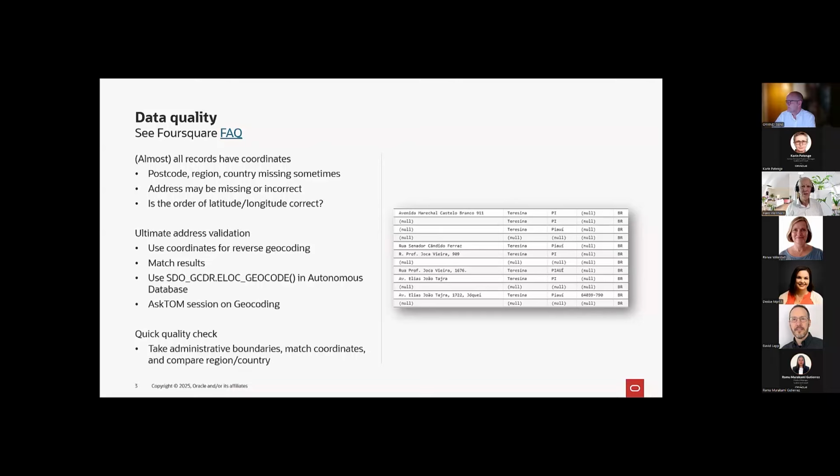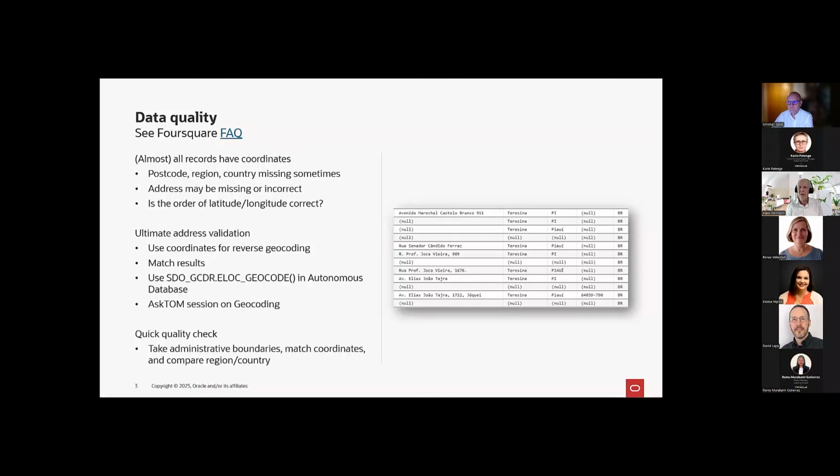There's one quick thing I briefly wanted to touch on before we drill down into the initial analysis in terms of data quality. David, you already touched on it just quickly, right? As you said, it is a crowdsourced data set. It does have some level of curation, I think, from the Foursquare team, and there is an FAQ document on it. But basically, I took this little random sample of records, in this case from Brazil,